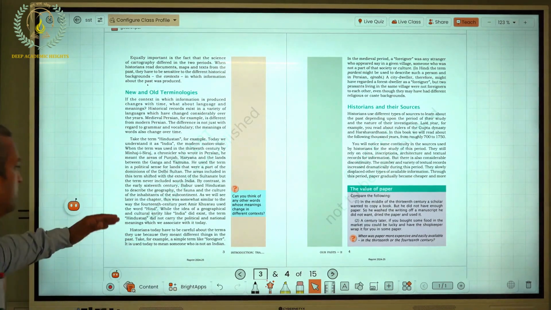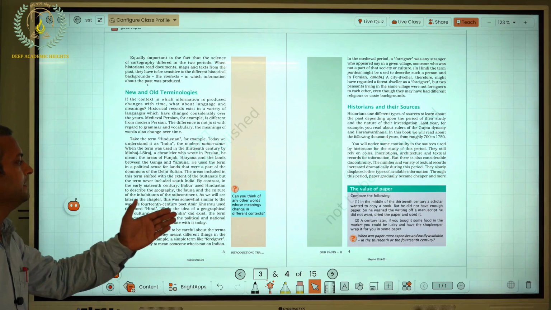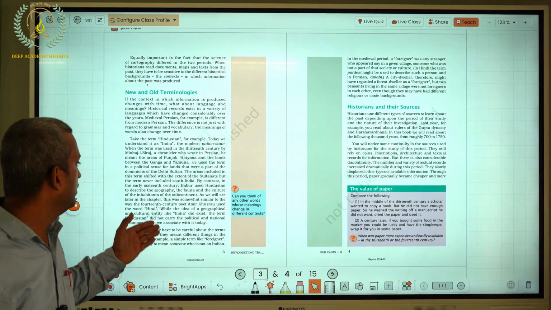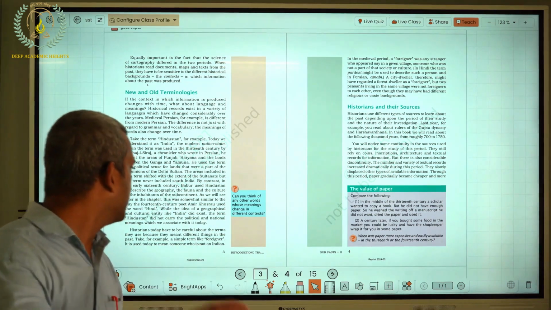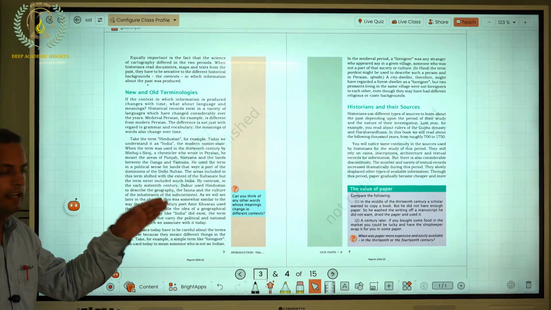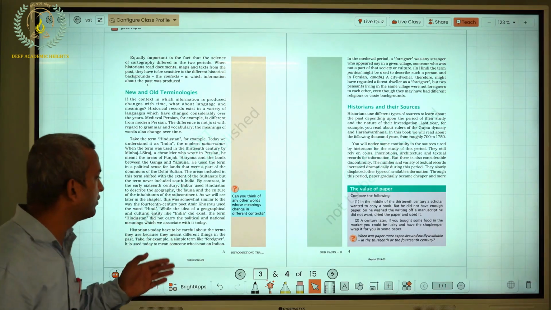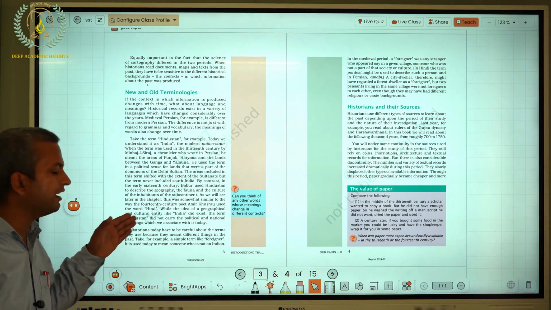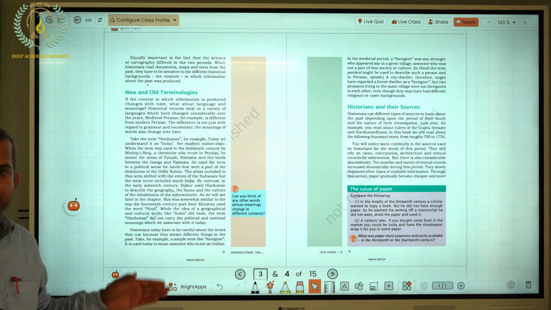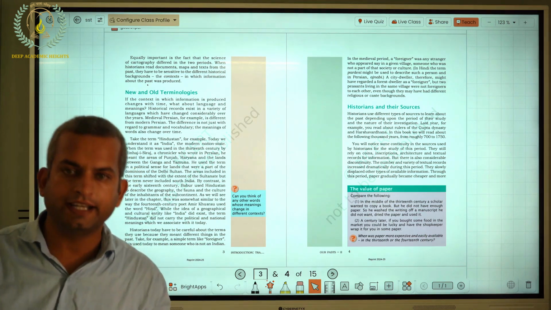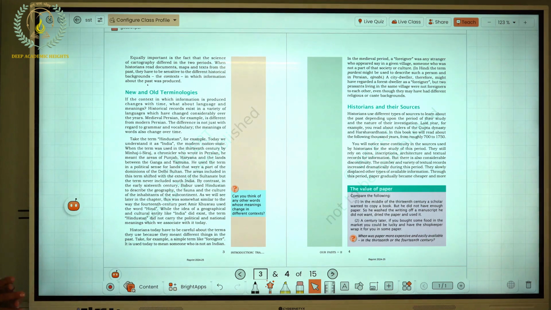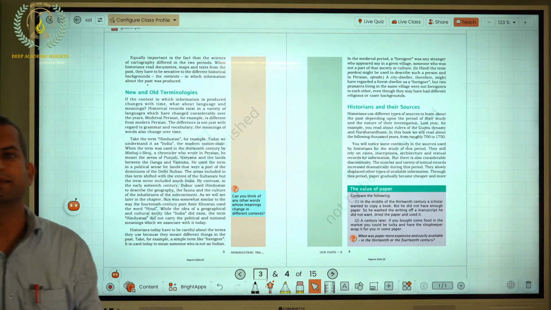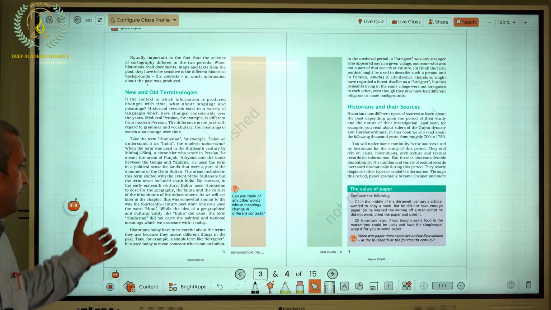Now moving ahead, the same word Hindustan was used by Amir Khusro as a cultural identity, an entity, and the collection of people who were in this region. This particular person, Amir Khusro, used the word Hind to describe the cultural entity of India. This word was not generally used in the political or geographical sense as we associate it today. It was more of a cultural term that was being used at that time.